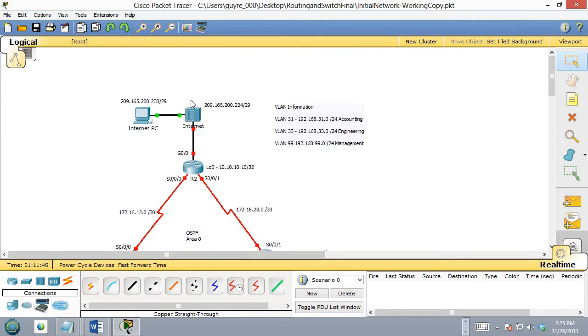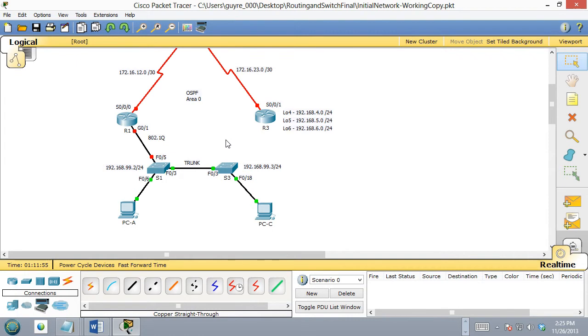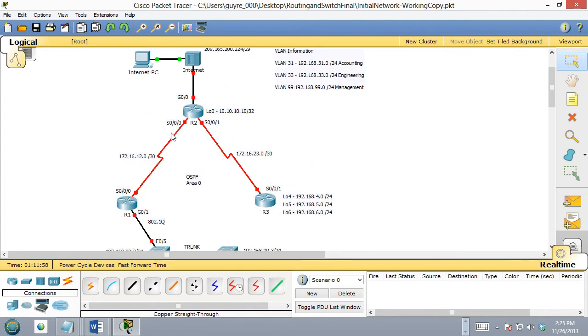We're now going to go ahead and configure this with all the appropriate information. Everything you're looking at here has no configurations, they're all blank. So what we're going to do is start out with this basic diagram, and then we're going to build each configuration. The first thing that we're going to do is configure the basic settings